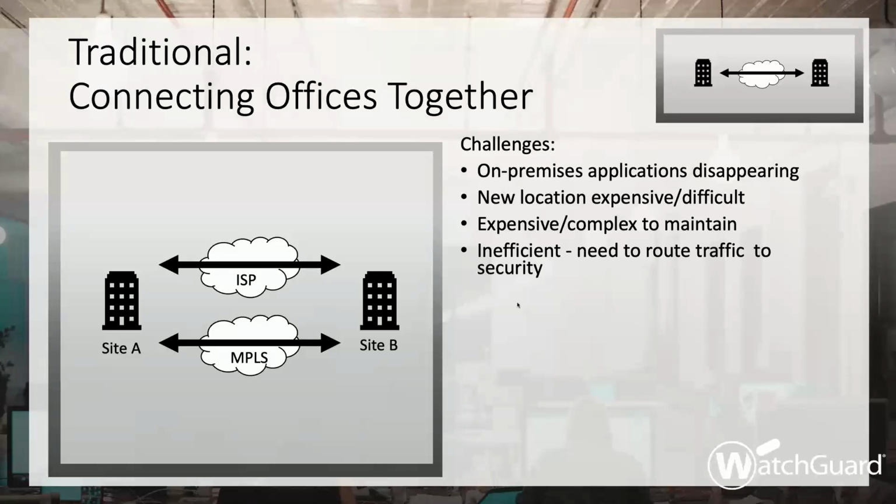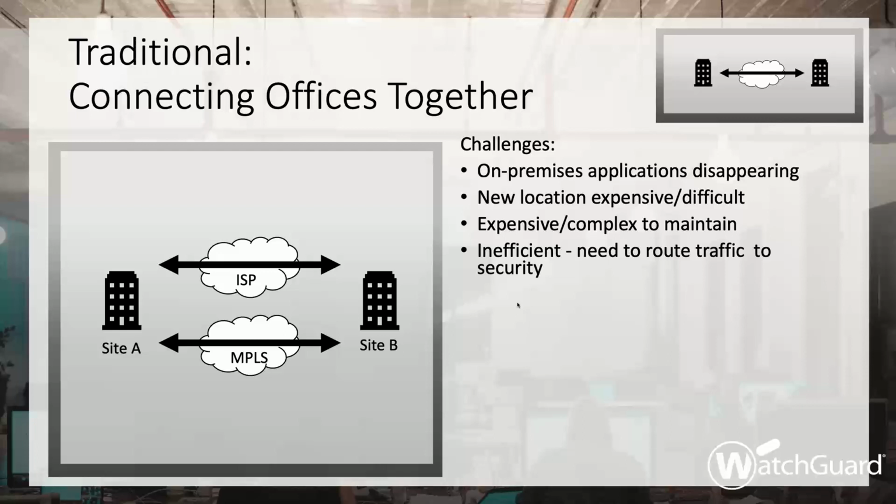Adding new sites in this traditional manner is difficult and expensive. I have a lot of policy I've got to deal with. I've got mesh networking, it's complicated. When I think about this two-site scenario, it's not too bad, right? I've got 4 connections here, but it increases exponentially as I add more sites, and it becomes more difficult to route between locations. It's expensive. I've got to buy equipment and deal with the MPLS providers and things like that.